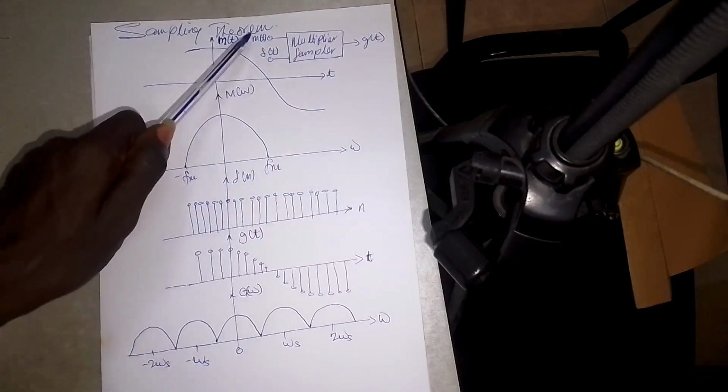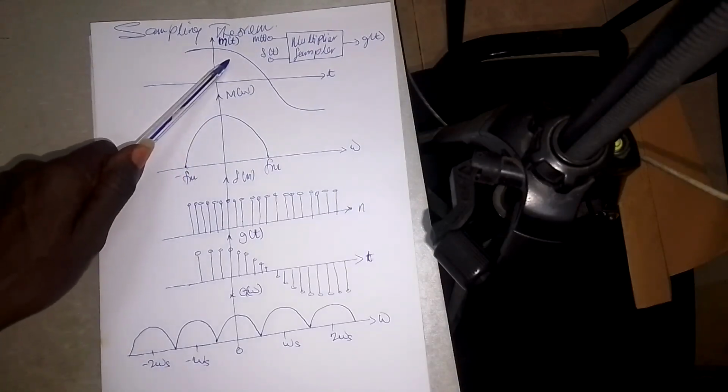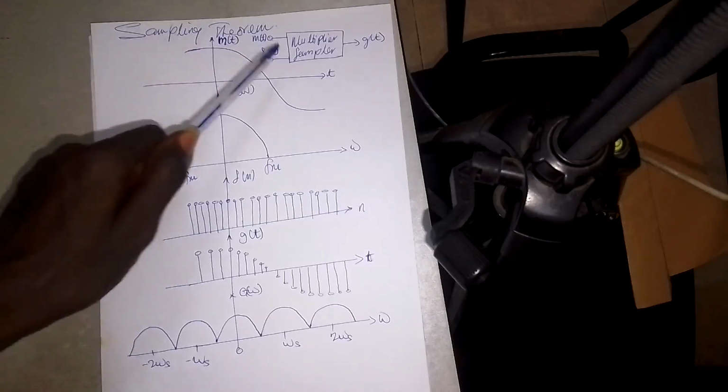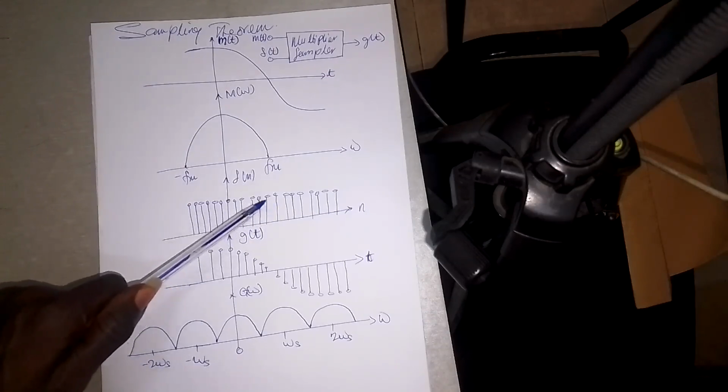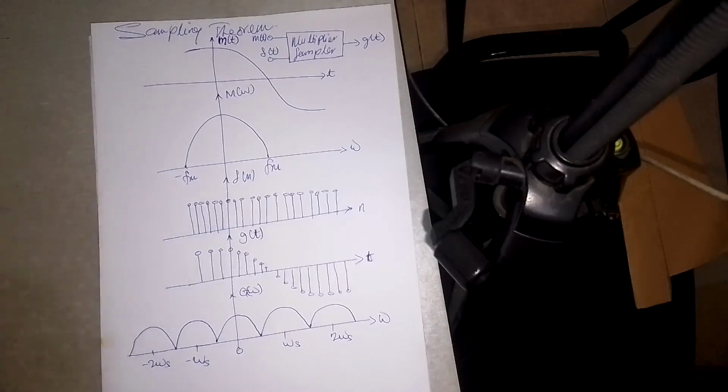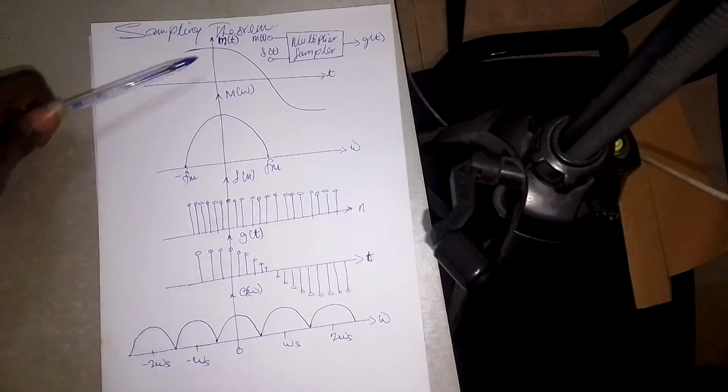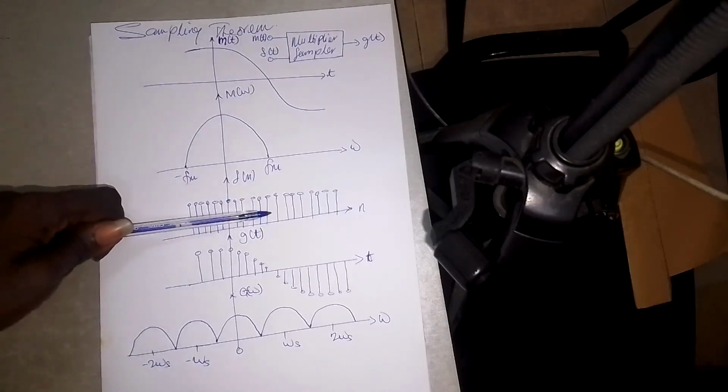and my delta t. What is M of t? That is my message signal, M of t. And then what is delta t? That is my impulse train signal. I discussed this one with you in my previous lecture. So it will multiply the message signal and then the impulse